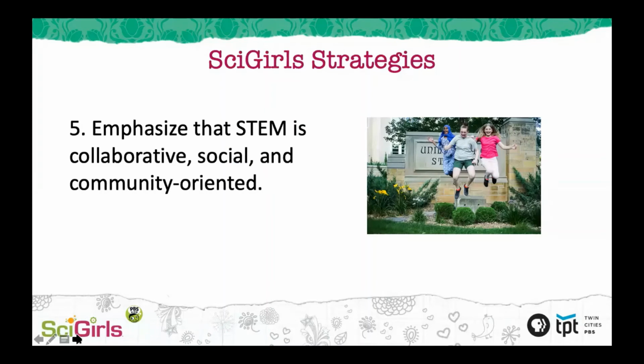All right, number 5, emphasize that STEM is collaborative, social, and community-oriented. This is where citizen science really excites me and gets me really thrilled to get out and be there with my neighbors. The young people that Jen talked about, they were out there helping in their community and they were working together. They weren't in a lab by themselves. Sometimes some science is in a lab by yourself, but it's also where girls are and doing the things that